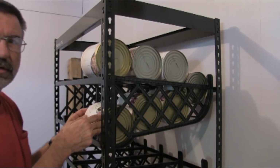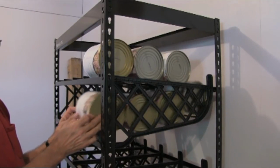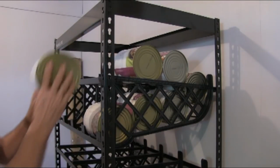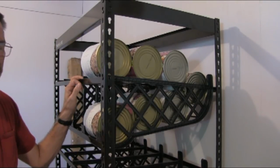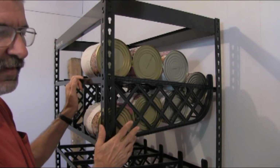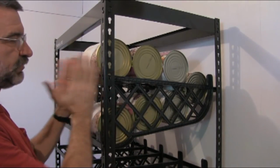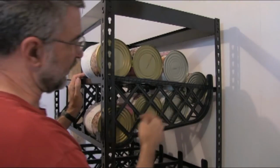That way, when you take this, you're always using the oldest one so you can rotate it. See how that works? And then when you buy a new one, you just put it in at the top. Very cool. For the family size cans that I have here, each bay holds 7 cans, 2, 3,